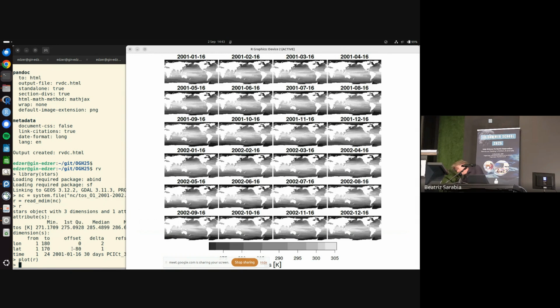Yeah, it starts at minus 80. So minus 80 is the most southern point because I guess below, more southern than minus 90, maybe there is no sea. I guess that will be the reason. So that makes sense. So you can see that this is a 2 degree by 1 degree grid